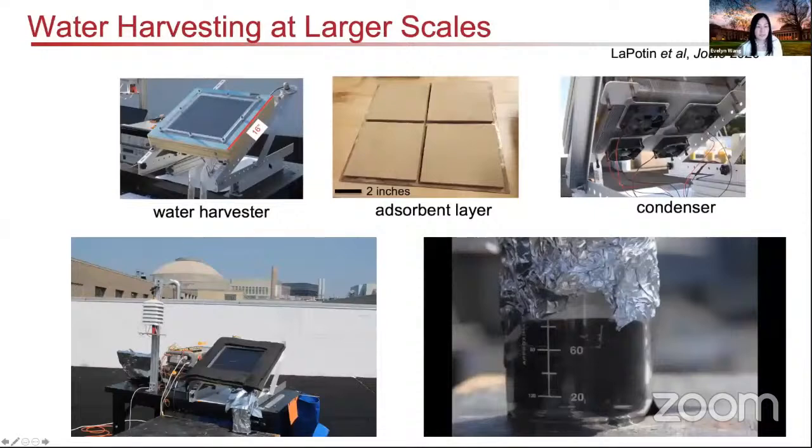Here is an image of the actual device, what it looks like. You can see that it's significantly larger than our previous prototypes. And by incorporating the zeolites in here, you can see into 4 tiles as we placed onto this copper sheet, you can now integrate it. And also on the back side, we have a finned kind of design for the heat exchange out to the ambient to dissipate the heat, as well as fans to more effectively move the air out. And this is what the prototype looks like on the rooftop of MIT,